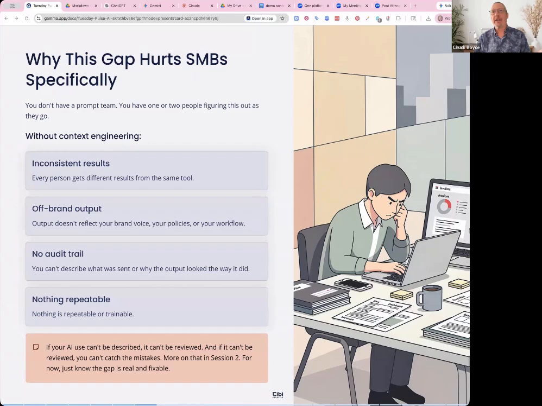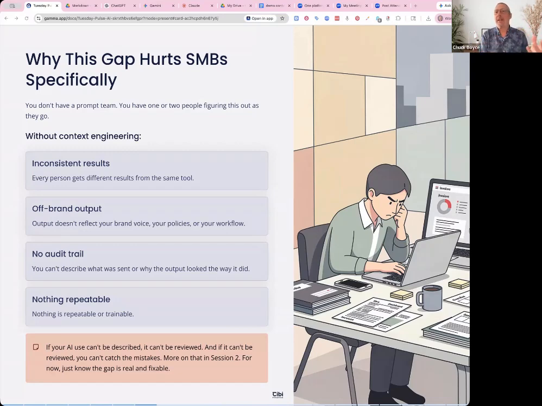There's often no audit trail. You can't describe what was sent, why it was sent, what the output was. Everybody has a different response, and nothing's repeatable because you don't have a consistent format. If it can't be described, it can't be reviewed, it will make mistakes and you won't be able to catch those.